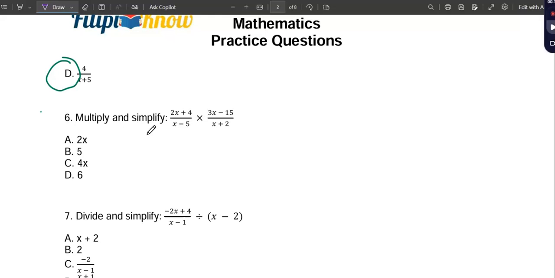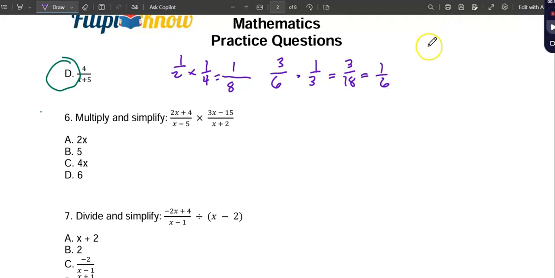2. So balikan lang natin konti yung concept about fraction. Kasi nga, these are fractions. When we multiply fractions, example, 1/2 times 1/4, ang ginagawa natin, we just multiply numerator, denominator, right? So 1 times 1 is 1, 2 times 4 is 8, and that's it. And we can also do 3 over 6 times 1/3. Again, numerator, 3, and then denominator, 18. We simplify, this is 1 over 6.